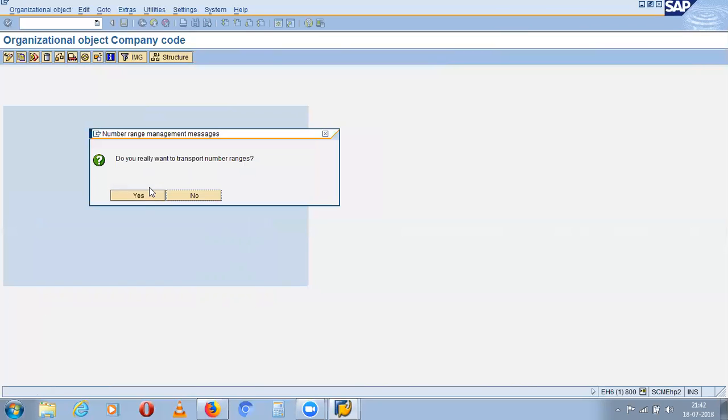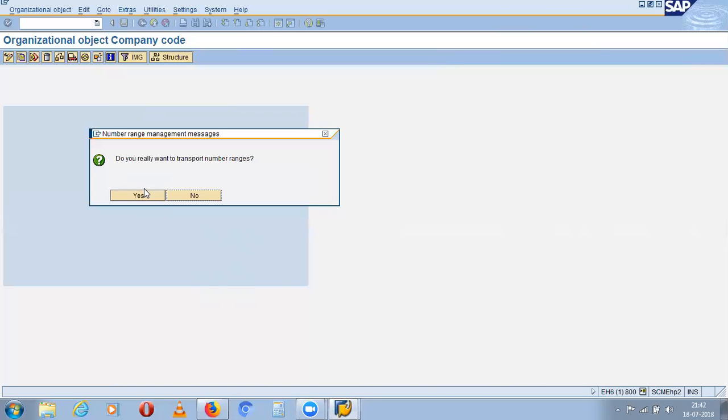See, for everything there will be a number associated to save. We will be using the number range to save that. Just like when you save a Word document, you give a name, right?